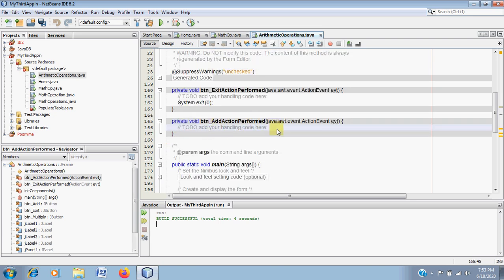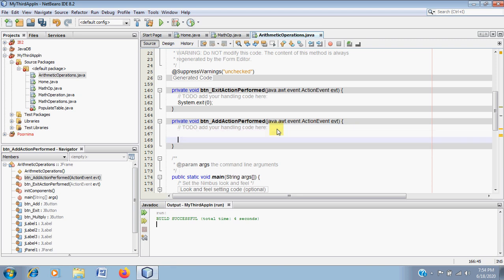So when the button is pressed, what exactly does it have to do? First, I need a variable which will store the first number that is entered. So I say int a is equal to, where is it being entered? It is entered in a text box. So we have to say txt underscore num1 dot getText, which is the method that is called here to get the value that is typed here. But right now, txt_num1.getText is getting it in the form of text, but here you are asking it to store it in integer a. So that is not possible.